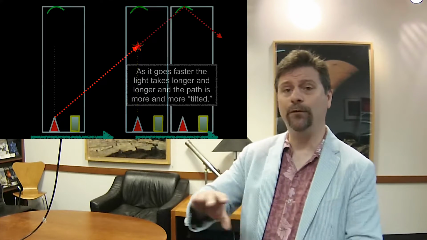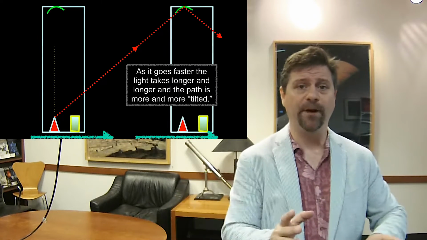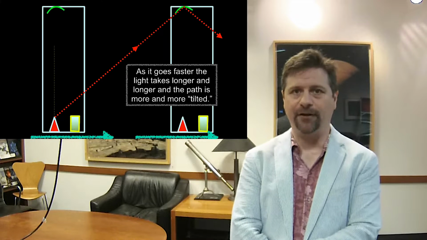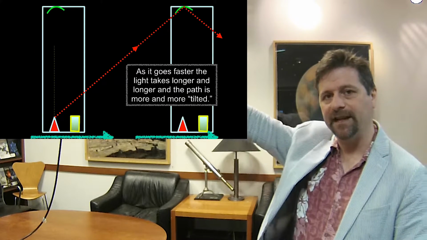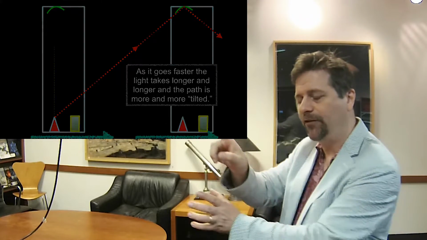So as it moves, it appears from our perspective, watching the tube go by. Inside, we just watch the thing go up and down and up and down. But outside, we see it go at an angle. We see the light pulse go at an angle because as the tube moves, the light pulse stays inside the tube. Interesting. So let's say it's going half the speed of light.